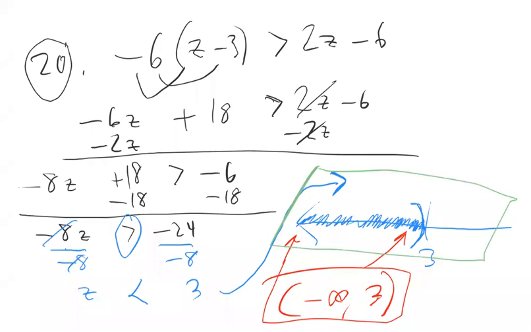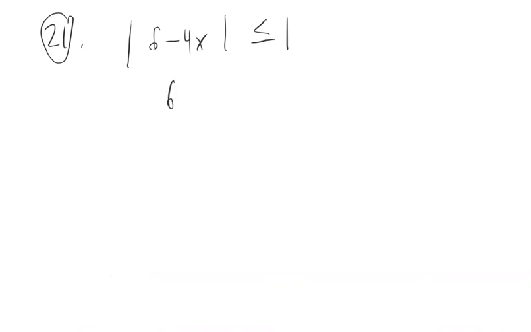Now let's do 21. So 21 says absolute value of 6 minus 4x less than or equal to 1. So when you have an absolute value less than or equal to a positive number, that means the expression inside the absolute value is between the negative and the positive of that same number. So I can put this into what's called a conjunction. So it's a conjunction between two numbers, one negative and one positive. So in order to solve it,